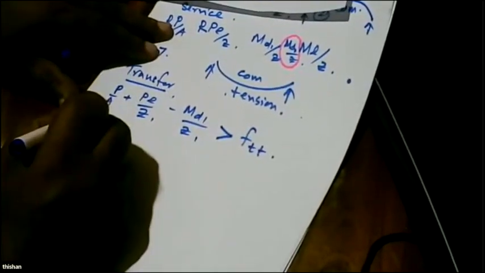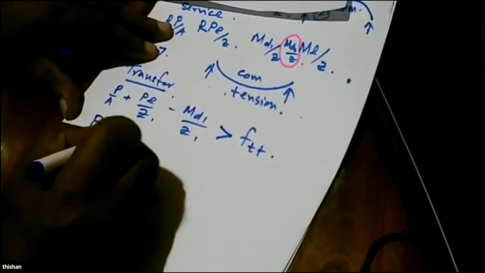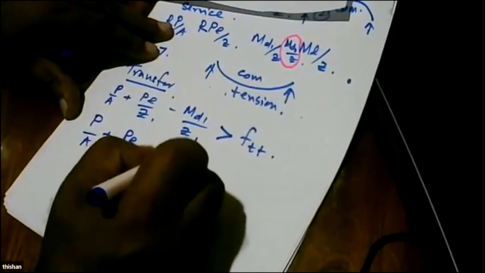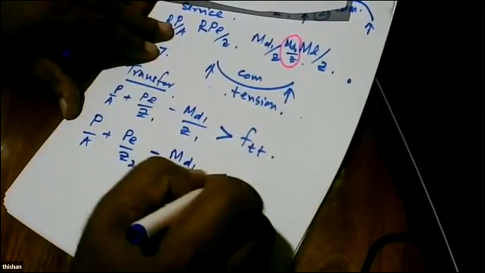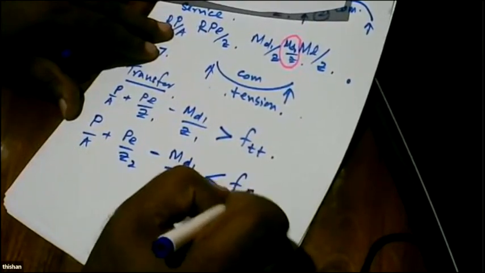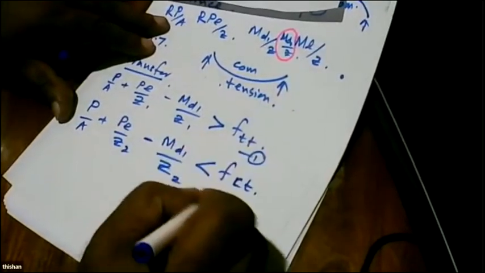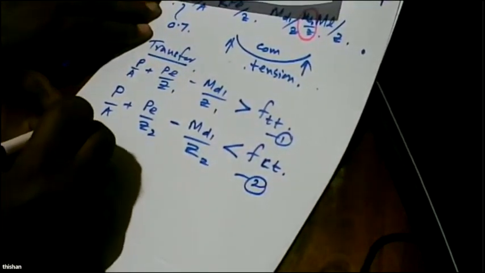And if you look at the bottom fiber, P over A plus P e over Z2 minus MD1 over Z2 should be less than the compression stress at transfer. So this is equation number 1, this is equation number 2, and then at service,